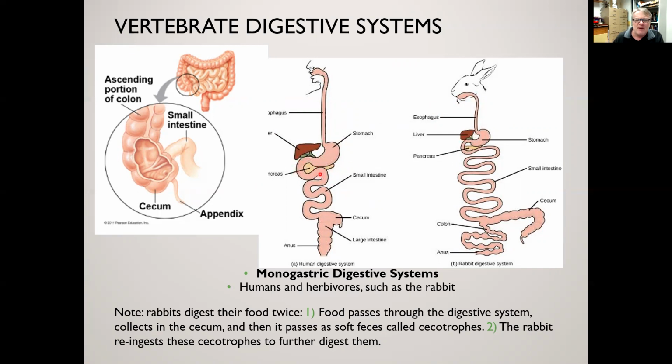with the exception that you might note the small intestine of the human, and compare that with the relative size of the small intestine of the rabbit, which has relatively more small intestine. And there's also where the small intestine joins with the large intestine. Notice that the large intestine in the human is relatively smaller than the large intestine of the rabbit. And we also have this other organ in the rabbit, this organ called the cecum,